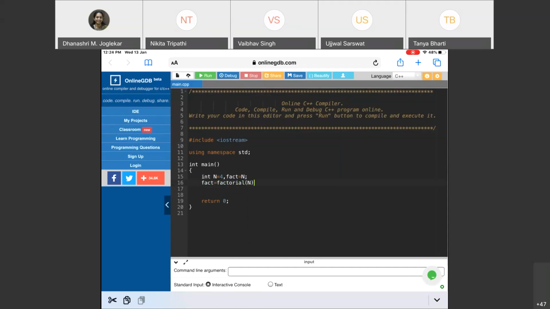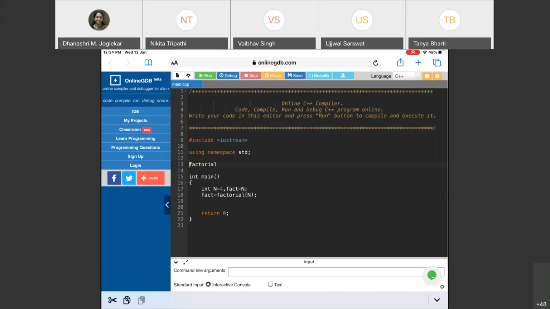It will process that n and give me the factorial of that n. So this is how that function is going to be. Let me define that function over here. So what will be the input and output to that function? Can anybody tell me?